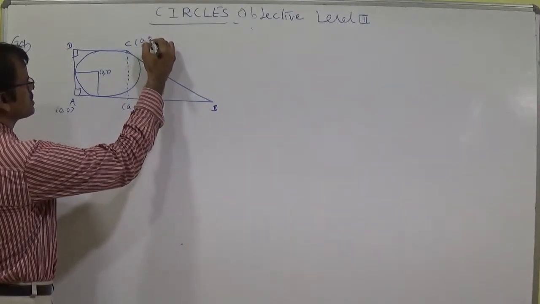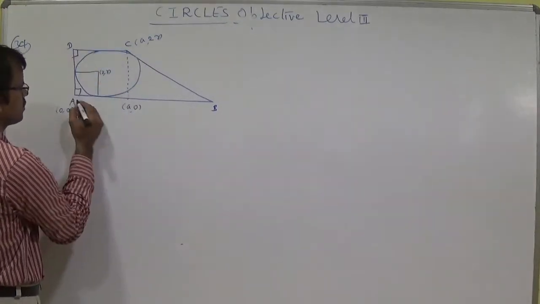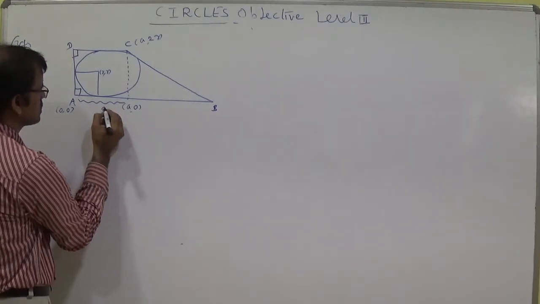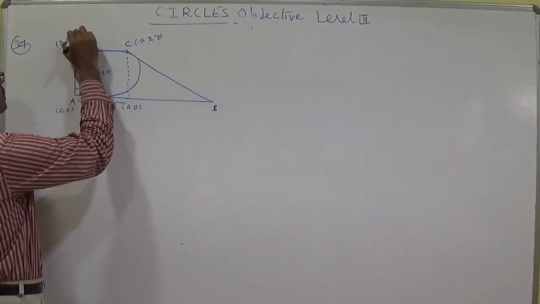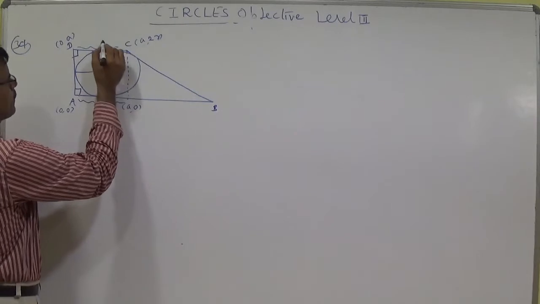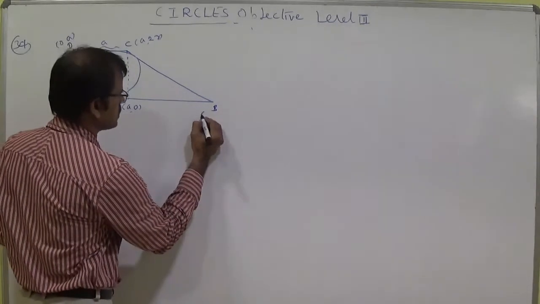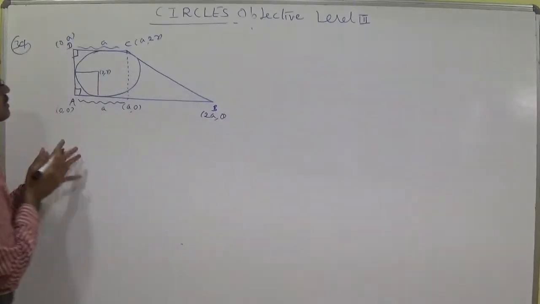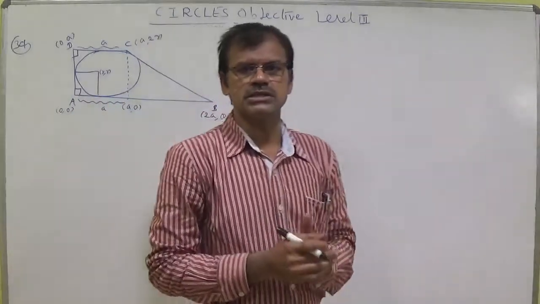So you can write C as A comma 2r, because this length is A. Whenever this length is A, this you can understand as 0 comma A, because this is on the y-axis. This is also A, this is also A. This is 2r. Now we can say that here this is 2A comma 0. By the condition, the quadrilateral became a trapezium.